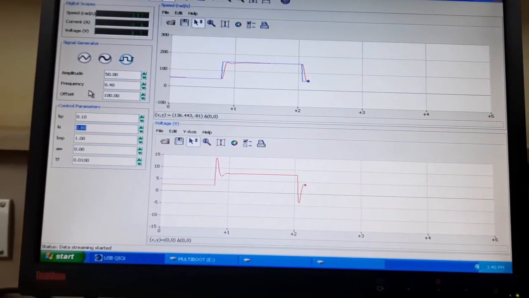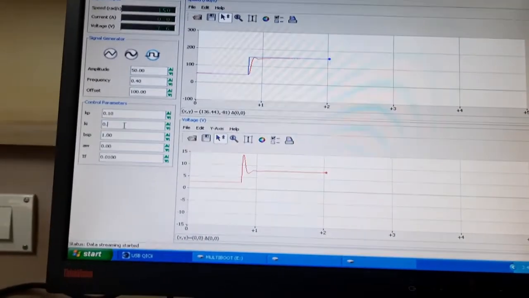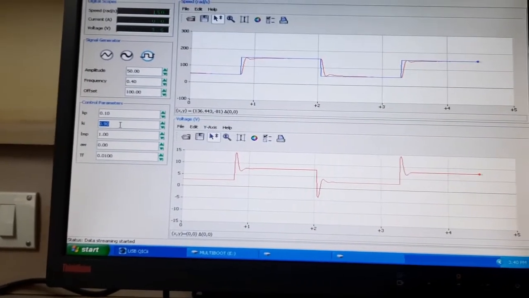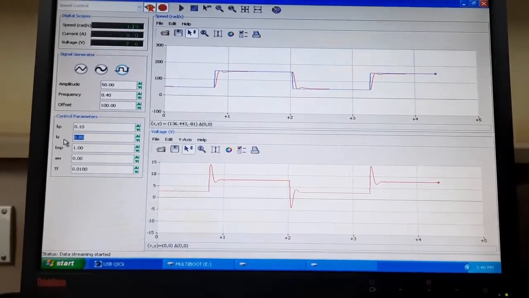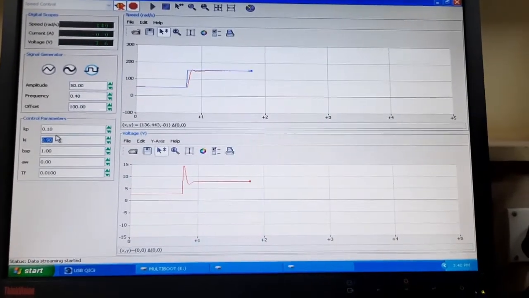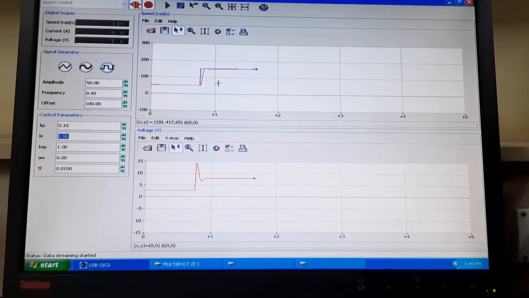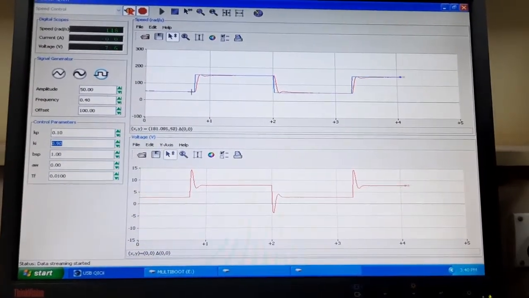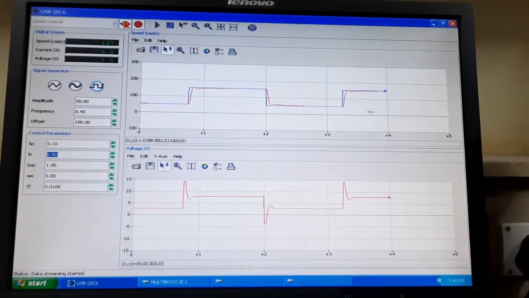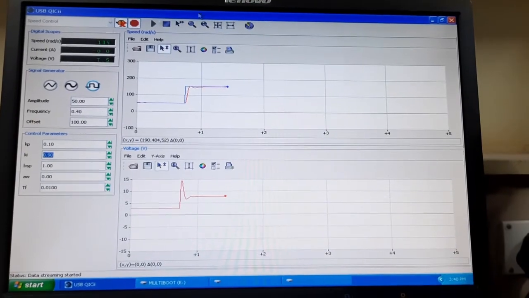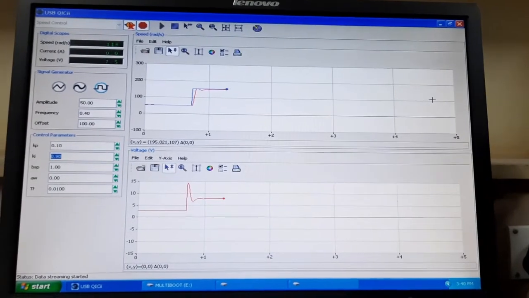Point 8. Okay, we can see here that the Kp value is 0.1 and the Ki value is 0.9, at which both the blue and red lines are on the same track. So we have completed our speed control experiment.